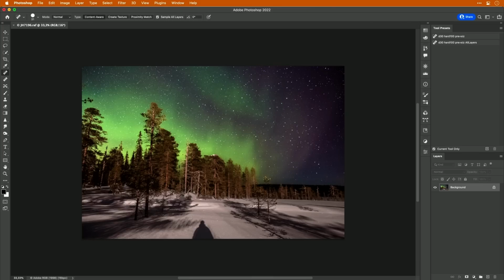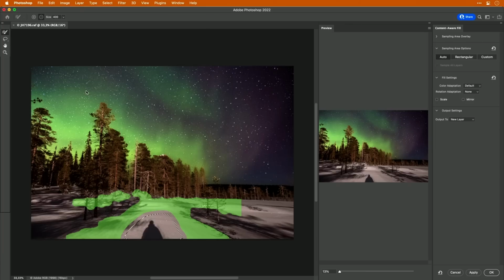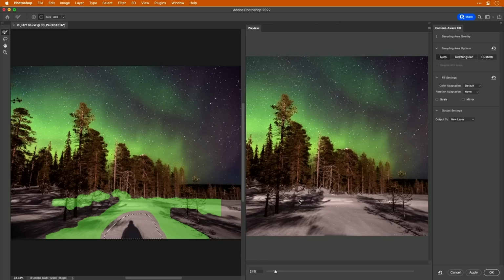And now I'm inside Photoshop. And for this technique, I will go to the lasso tool, shortcut L. I will take my soft edge lasso, or try with the soft edge lasso, and just select this region over here. And I will go to Edit, and here I have content aware fill. And when I press on content aware fill, Photoshop will generate an automatic suggestion